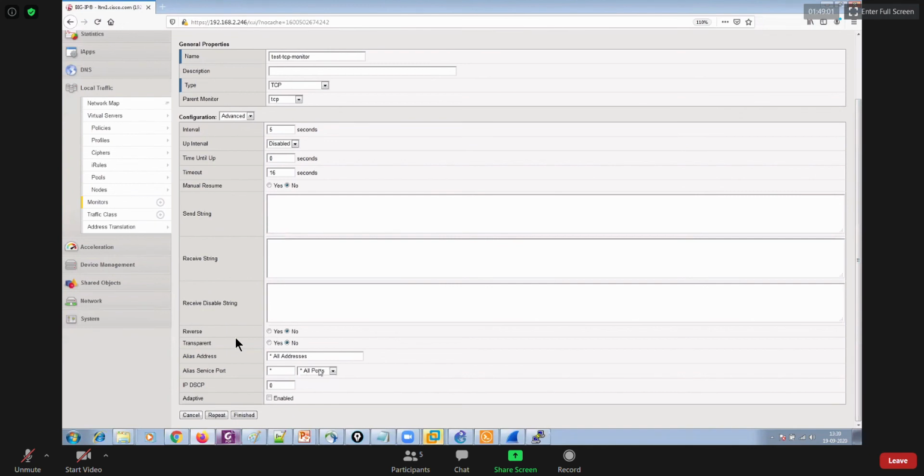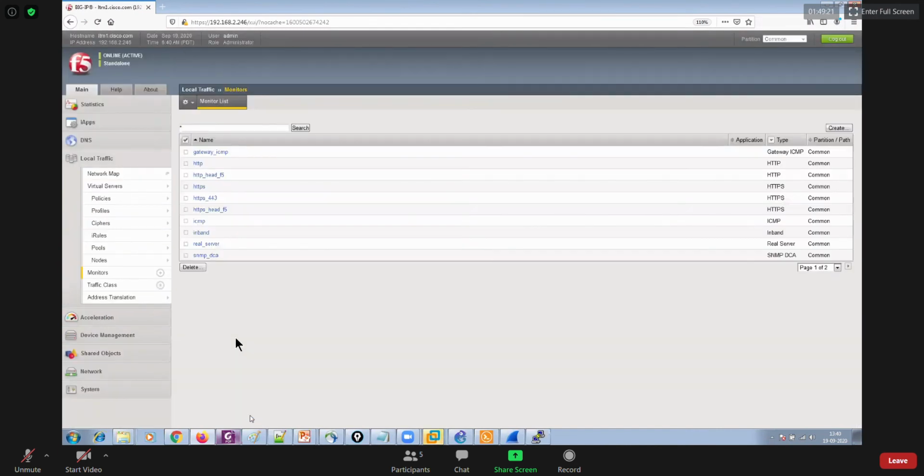Thereafter, you can see all ports. No, I don't want to use all ports. I want to check only 8000, right? So that's what I can pick over here. So in every 5 seconds, now it will keep trying to establish the three-way handshake using port 8000. Go ahead, finish this up.